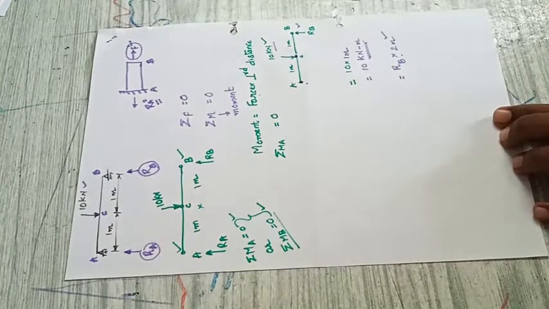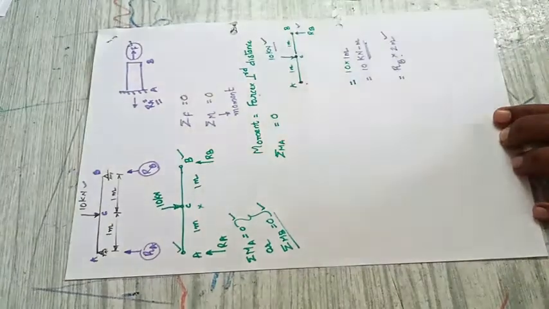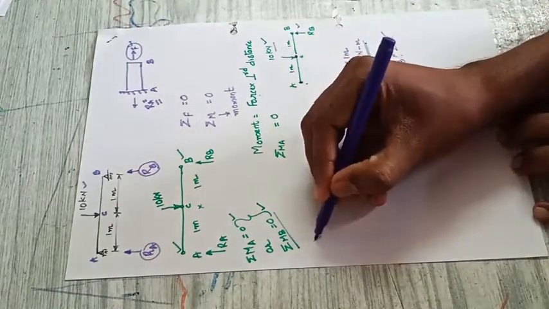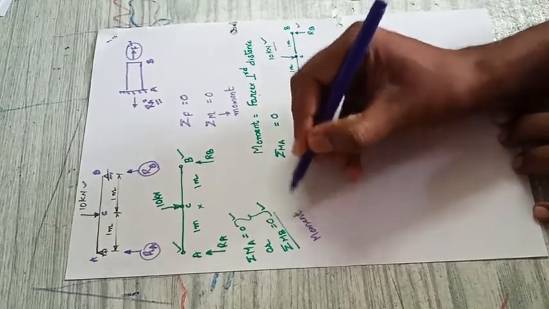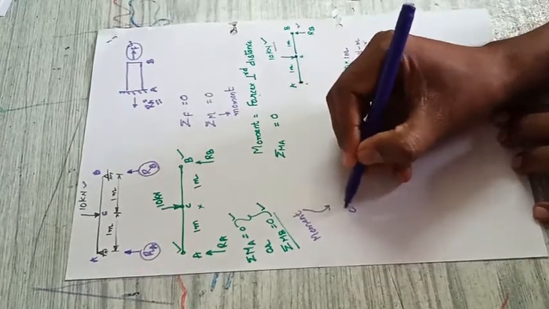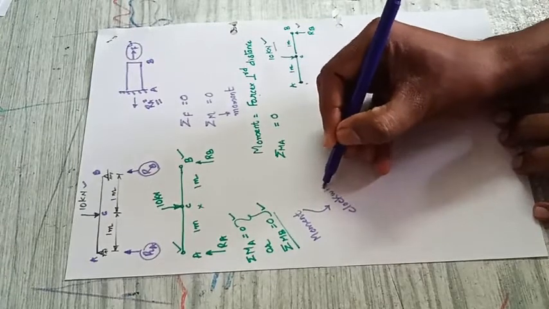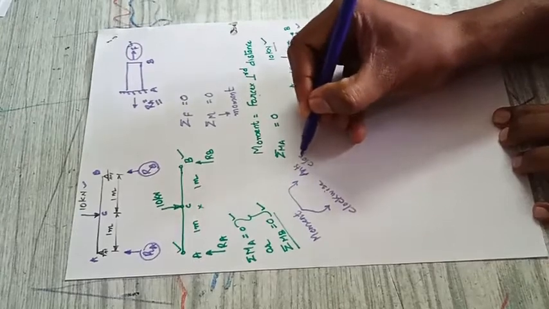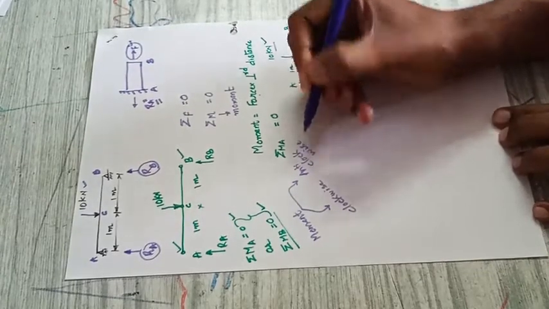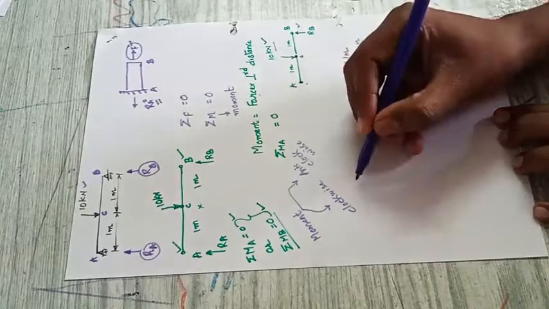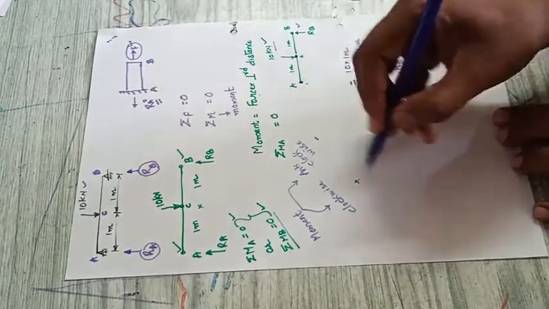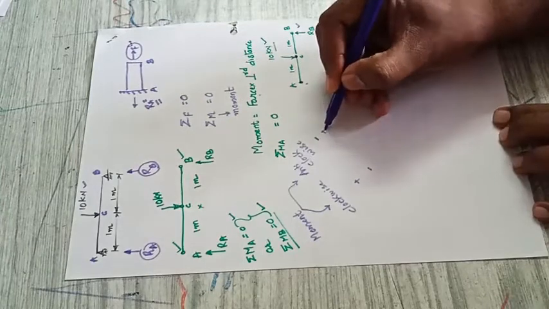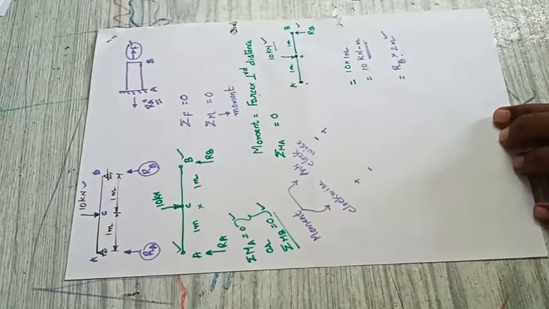When it comes to the moment, it is not the up and down, it is a clockwise. So moment, it is acting in two directions. One is clockwise and second one is anti-clockwise. So you can take any one, means clockwise as positive, anti-clockwise as negative, or it is as negative and this one as positive. Same how we are using the sign convention for the forces, upward, downward, any sign convention you can use it.